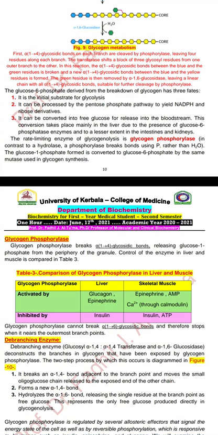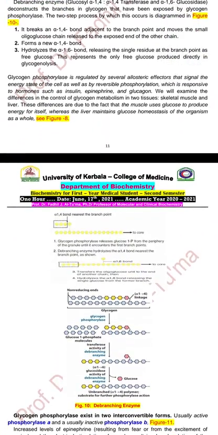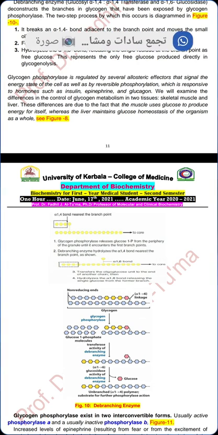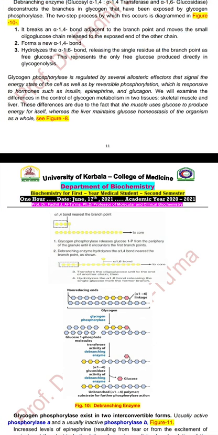The two-step process by which this occurs is diagrammed in figure 10. Figure 10 indicates the role of debranching enzyme as indicated. The alpha-1,4 bond nearest the branch point as indicated. Glycogen phosphorylase releases glucose 1-phosphate from the periphery of the granule until it encounters the first branch point, حتى وصولنا